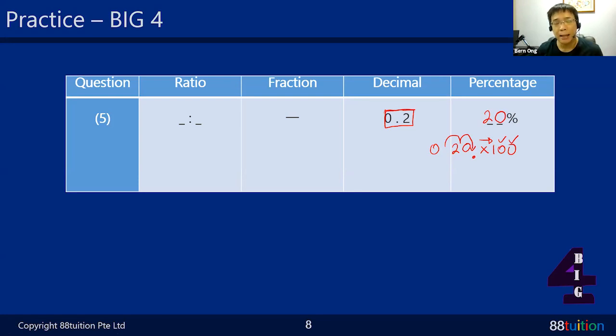Okay, 20%, how do you write it as a fraction? So 20% can be written as 20 divided by 100. All right, you must be very capable to adjust within the big 4. Ratio, fraction, decimal, percentage. They give you one thing, you must be able to adjust throughout. So 20 over 100. If I reduce to the lowest term, divide by 10, 1 over 5. This is my fraction. 1 over 5. In terms of ratio, 1:5.